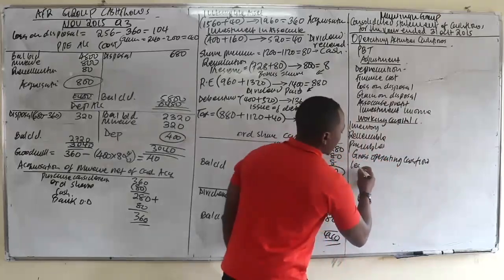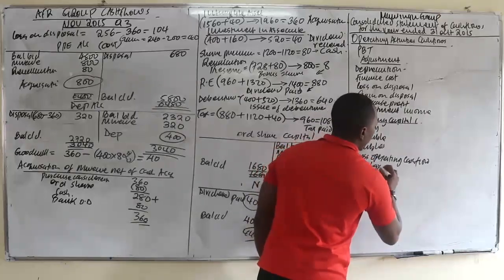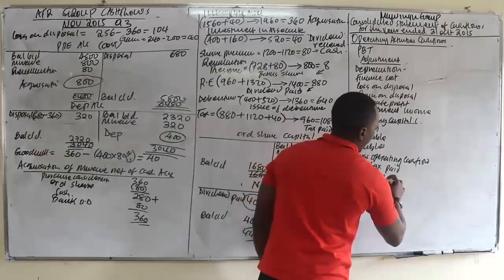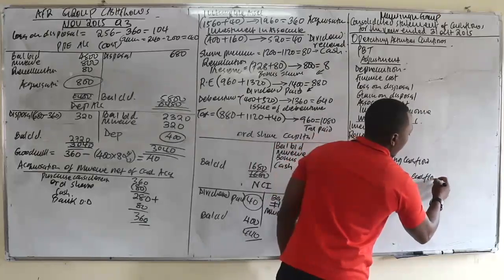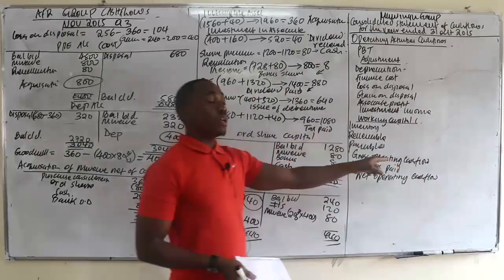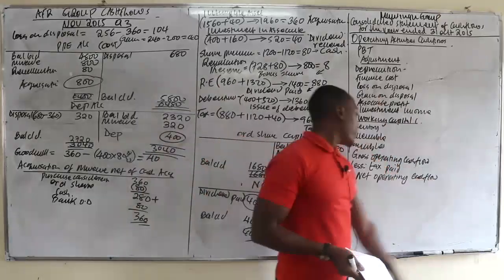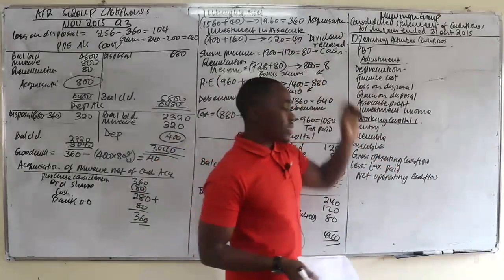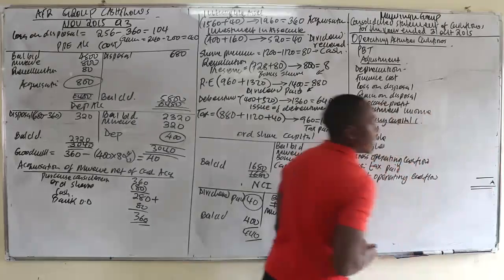Then you deduct what? Good, the amount of tax paid. And that's how we get the net operating cash flow. Remember, I also said that you can deduct tax paid and the interest paid. Are you together? There is no harm. Or alternatively, interest paid, take it to the financing activity. Good. Then the other part you go to